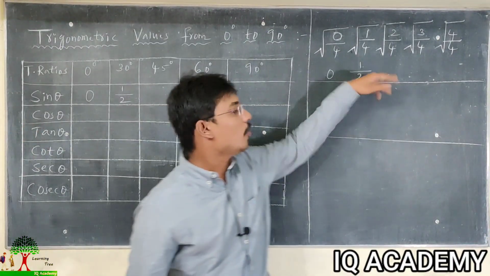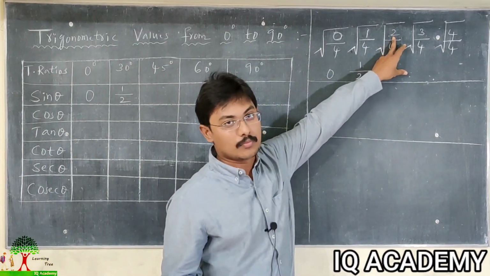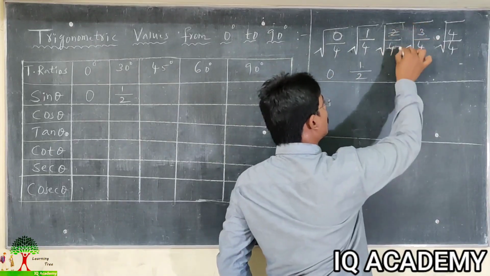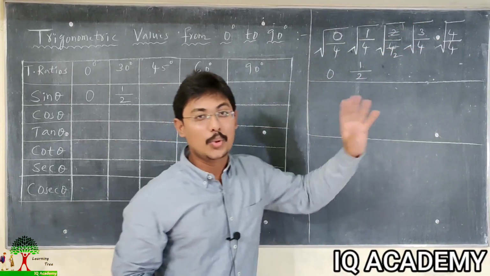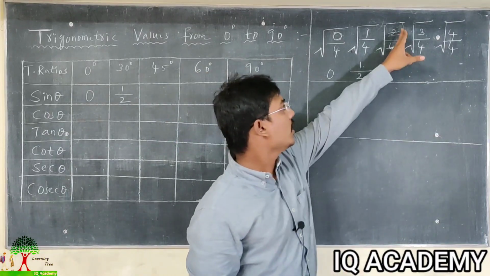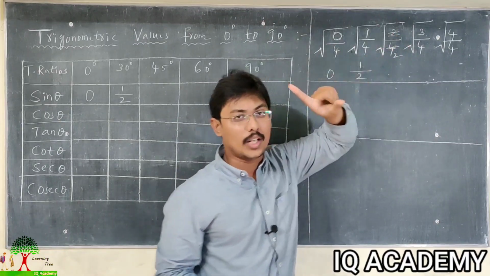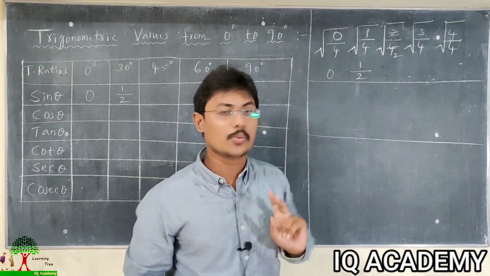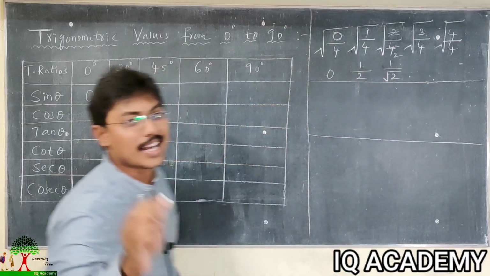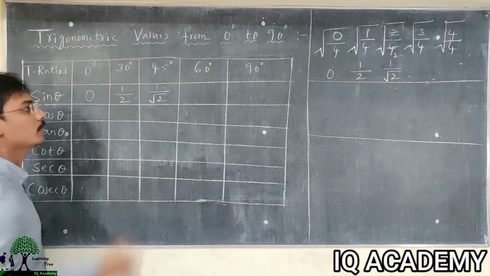After that, sine 45. We want sine 45. There is no square root for 2, but here there is a cancellation. In simplest form, 2 ones are 2, 2 twos are 4, so we can cancel. 2 divided by 4 can be cancelled, and now in the numerator there is 1 and in the denominator is 2. Square root of 1 is 1, and there is no square root for 2. It is 1 divided by square root of 2. So sine 45 degrees is 1 divided by square root of 2.